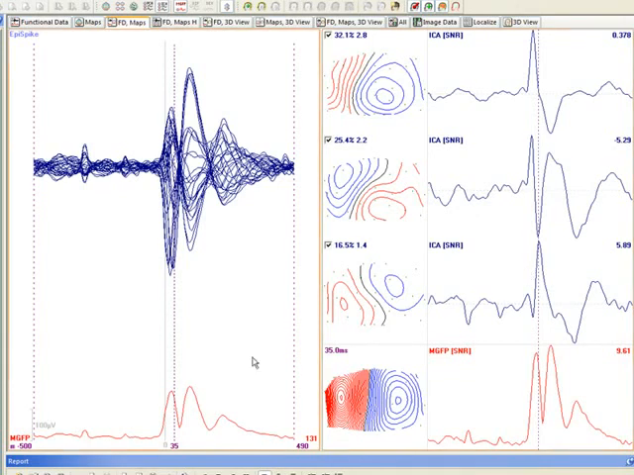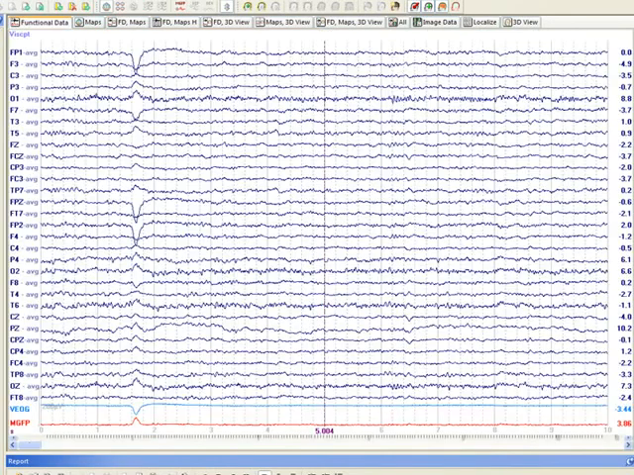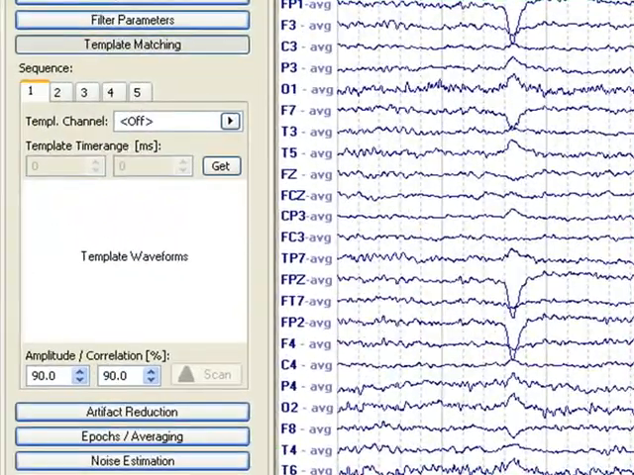Okay, let me show you another example. Here I want to show you one of the ways of removing blinks from continuous data. There's actually easier ways, but I want to show you this way because you can see the PCA results more clearly. So I'm going to start out by going into template matching,